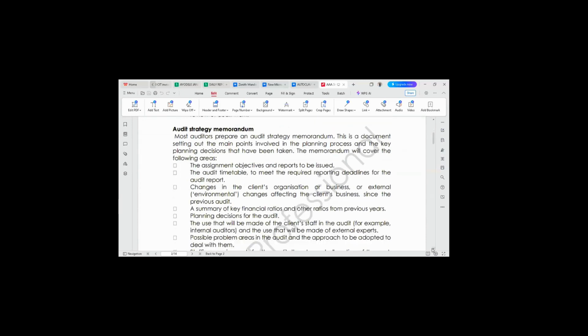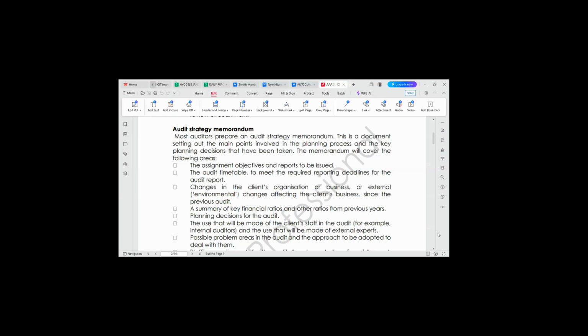Thirdly, another information contained in the audit planning memorandum is change in the client's organization of business. If there's any change in the client's organization of business during the last year, since the last audit, for instance, as at the last year they audited them, the company just had a branch in Nigeria, but now they have extended to neighboring countries, Ghana and Cote d'Ivoire. That is something that you need to also look into. All right. Then next,